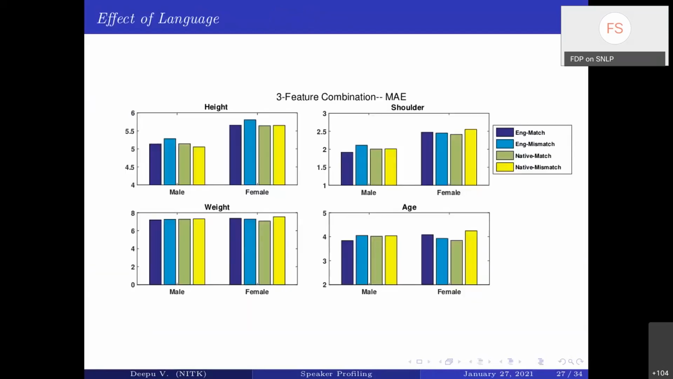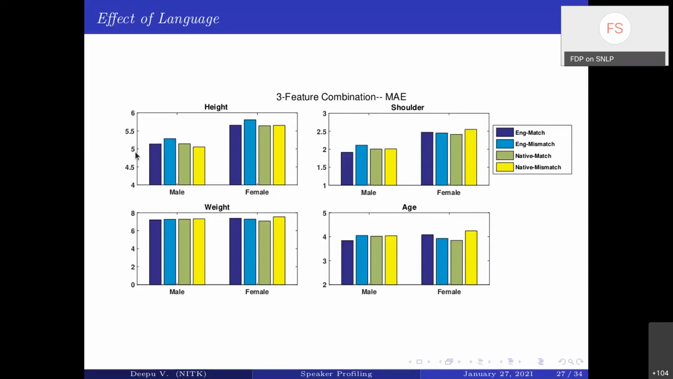So since this is a multilingual data set, we also tried to look at the effect of language. You have English as well as native language, so you can try all different combinations. You can train with English data and test with English data. You can train with English data and do a mismatched testing with another language. You can train with the native language and test with the native language. You can train with the native language and test with English. So all those four different